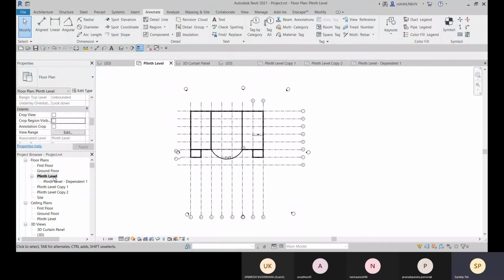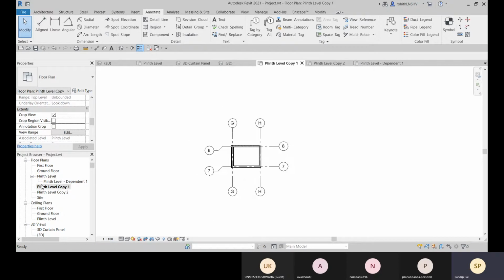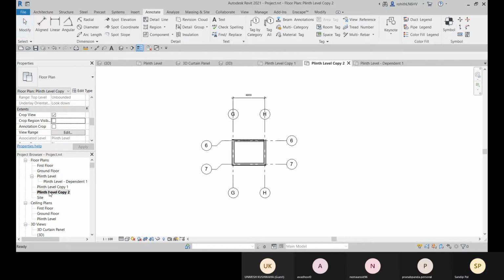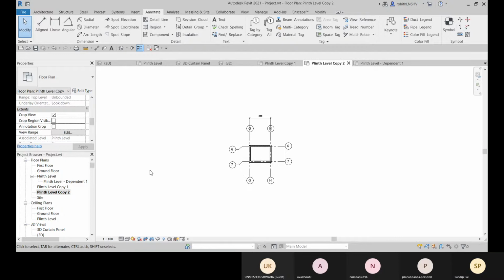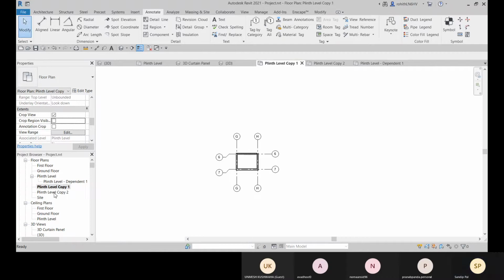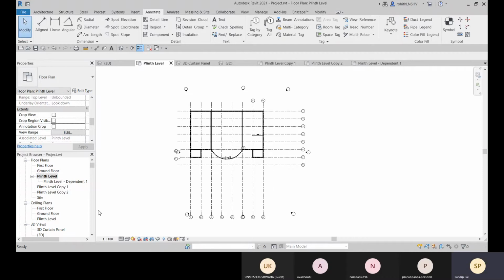Now this is plinth level, right? And from this plinth level I had made these plinth level copy 1 and plinth level copy 2, right? Okay, so here you can see we have these three different views from this plinth level.